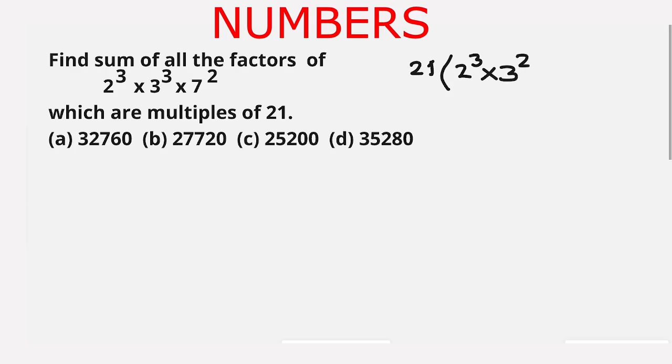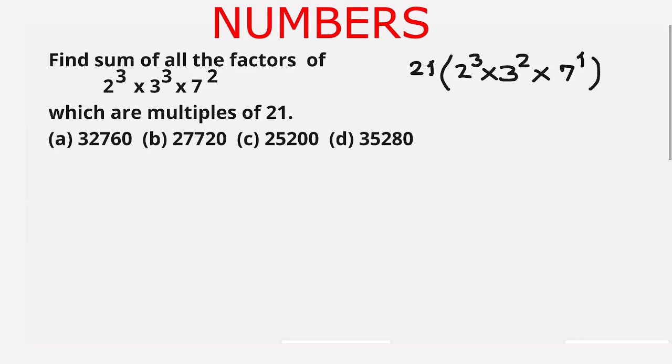Earlier it was 3 to the power 3 and we have taken out one 3 out of it, so it has become 3 to the power 2 multiplied by 7 to the power 1, as earlier it was 7 to the power 2 and we have taken one 7 out of it. So it has become 7 to the power 1. Now we will find the sum of all the factors of 2 to the power 3 multiplied by